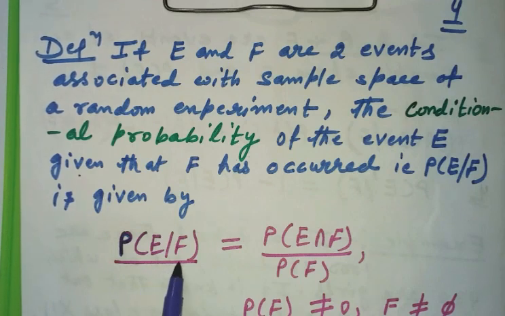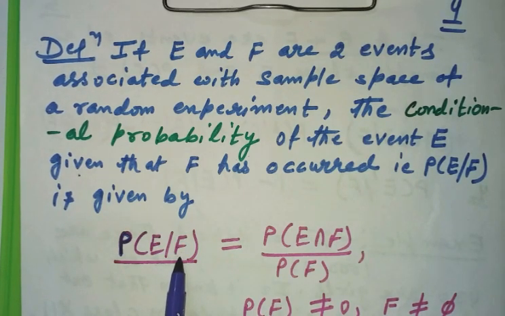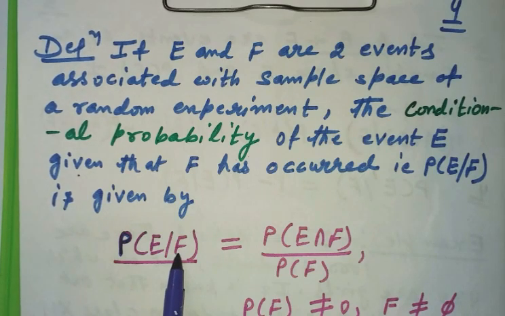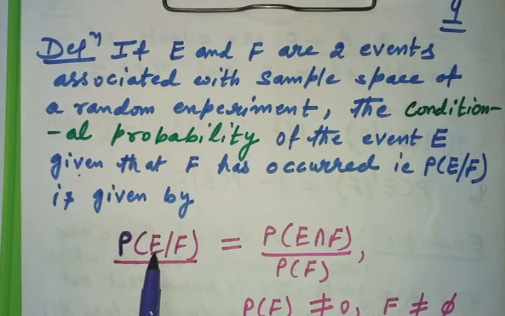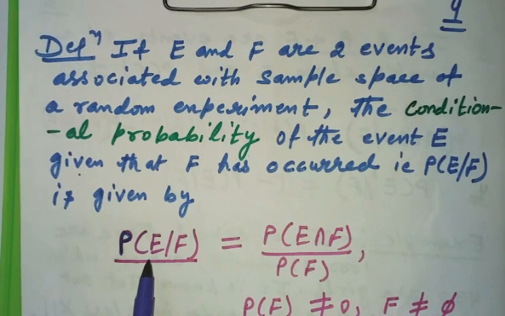I again tell you, if you don't remember, that when we write P(E/F), that means we are finding the probability of the event E with the condition that event F, which is written after the slash, has already happened. So occurrence of F may or may not have some effect on E, and I gave you one example also in the previous video to explain this concept.